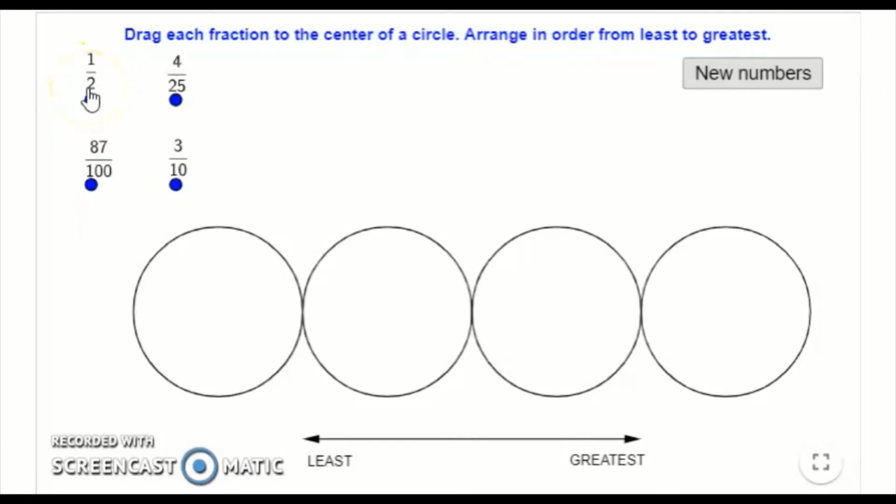Well, 2 goes into 50 25 times. So if I multiply top and bottom by 50, I will get 50 over 100 here. 25 goes into 100 4 times. So I need to multiply top and bottom by 4 to get 16 hundredths. This is already in hundredths, and here I just need to multiply by 10 to get